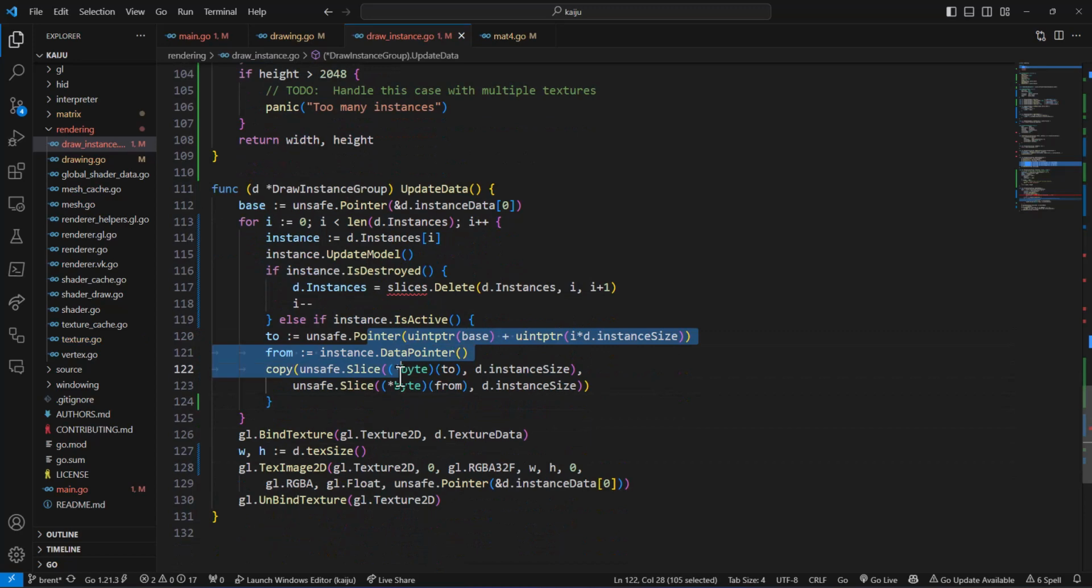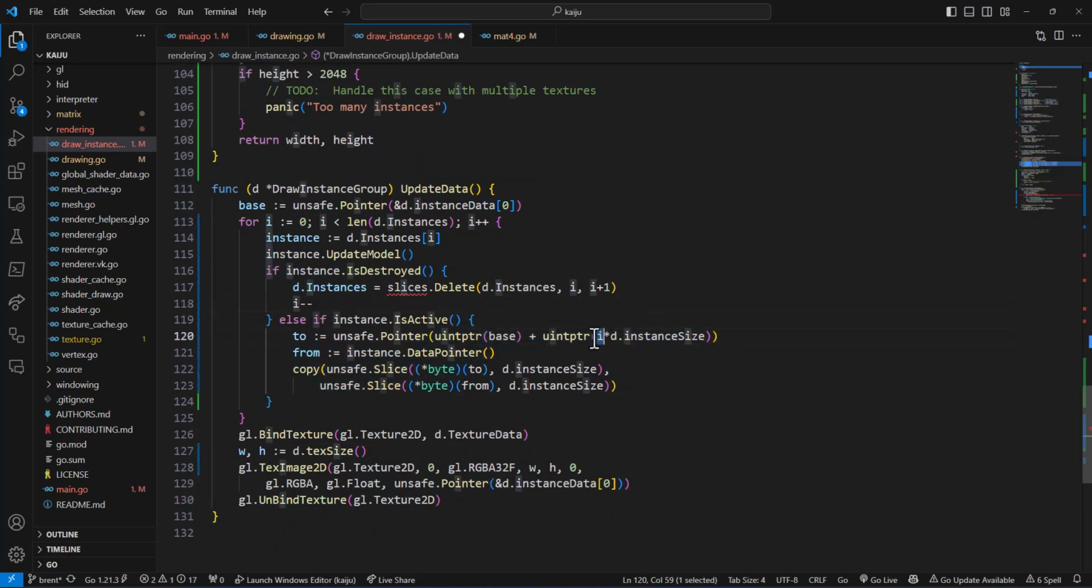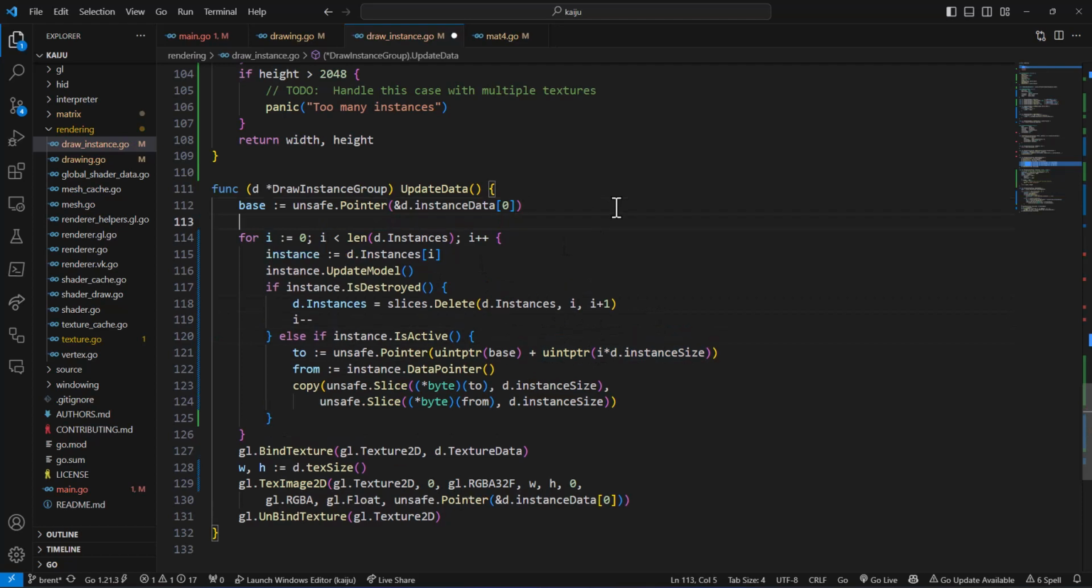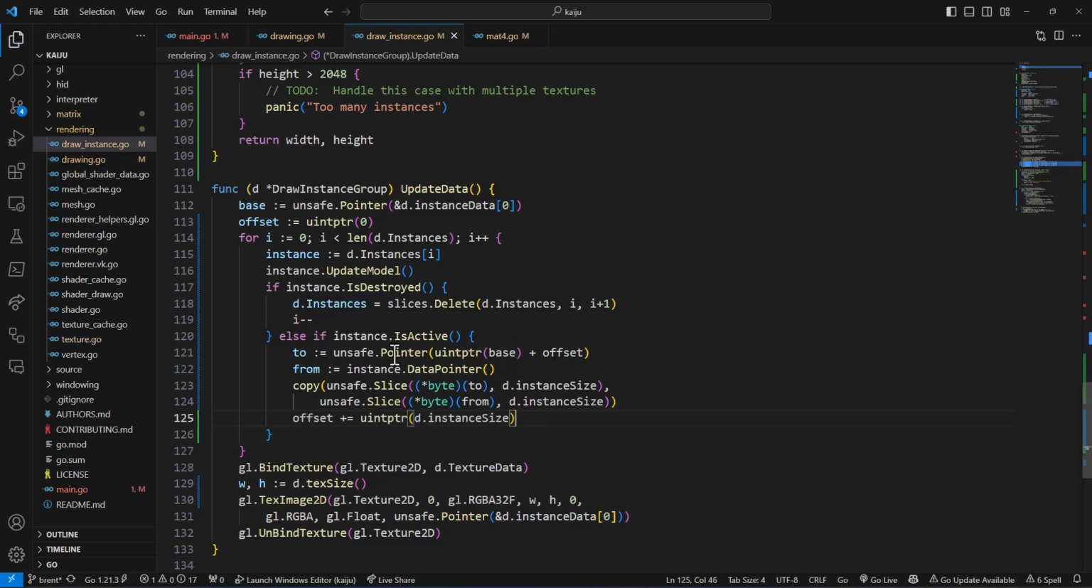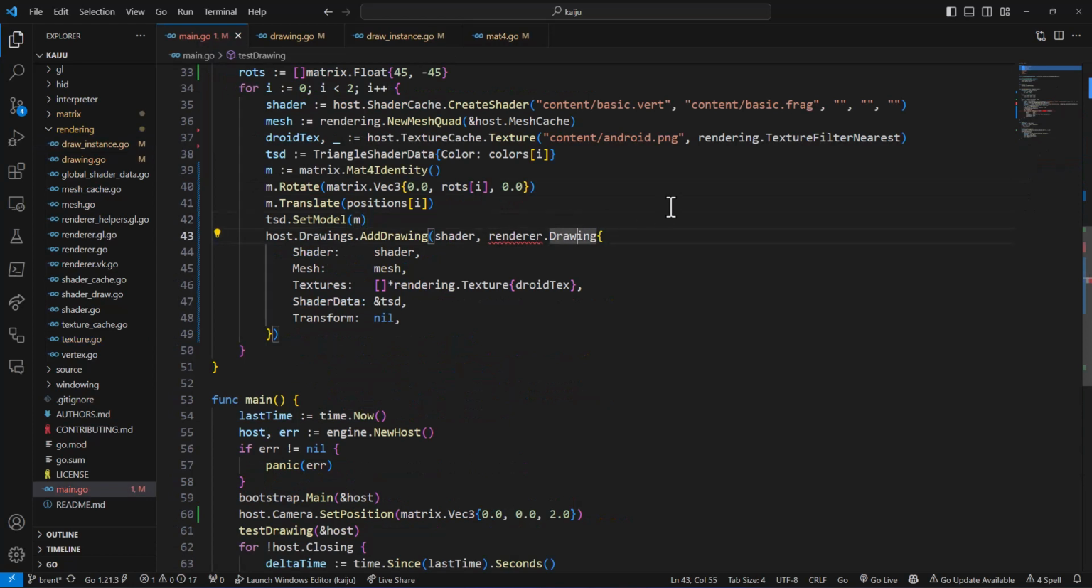Now, of course, that means our arithmetic here is going to be off because we're doing i times this instance size. So let's create an offset equal to uint pointer 0. And then we are going to add offset there. And then from to copy, and then offset plus equals a uint pointer d.instance size. Seems right to me. Cool. So now we just need to make sure that everything is still in working order. So let's jump back here and let's try to run